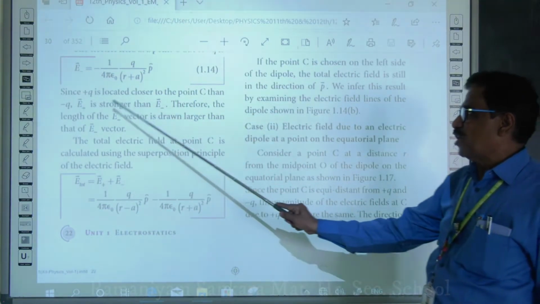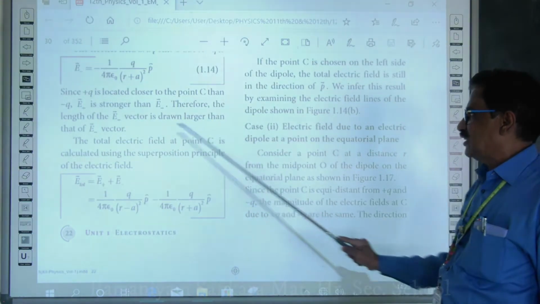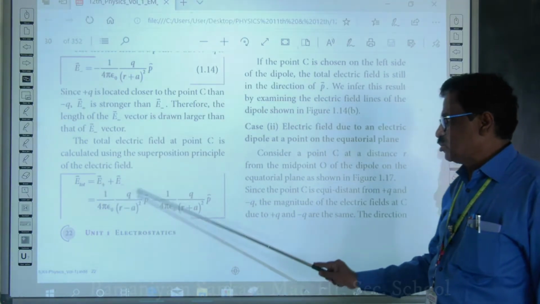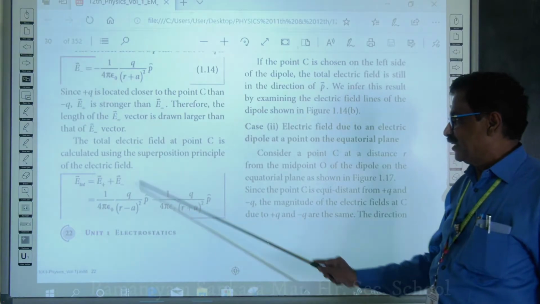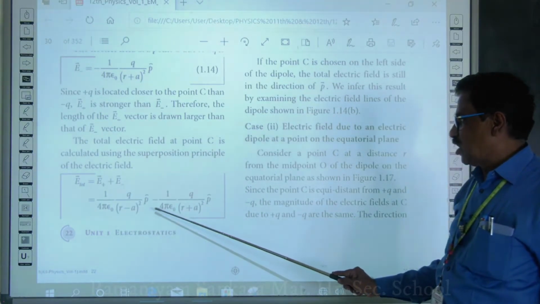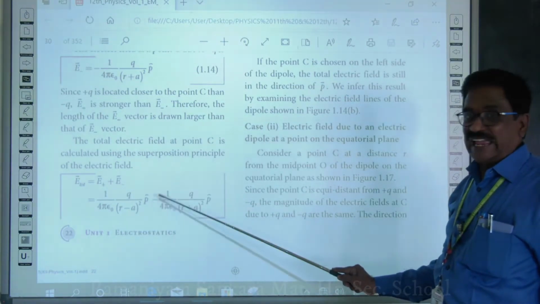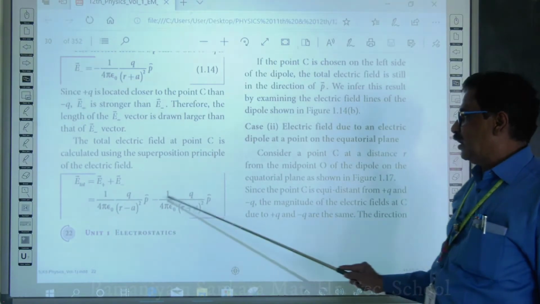Always remember E positive is stronger than E minus. So the E minus vector is drawn smaller than the E plus vector. The total is E total, E positive plus E minus, which is 1 by 4 pi epsilon naught, q by (r minus a) whole square into P cap. Remember, it's not I cap, it is P cap, that is from minus q to plus q, the direction of